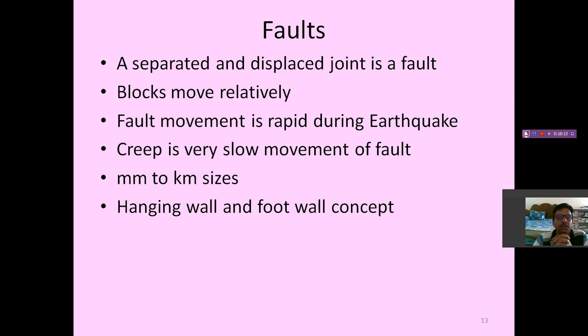that is fault. Whereas creep means you will not even know, slowly every day, maybe half mm, 1 mm, it will be moving. Maybe over a period of 2 months it will move 2 mm. So very small, this one is known as creep. Like folds, folds also can be in millimeter size to kilometer sizes. Hanging wall and footwall concept I have taken. To explain you, I will just take a minute to get you one more book.